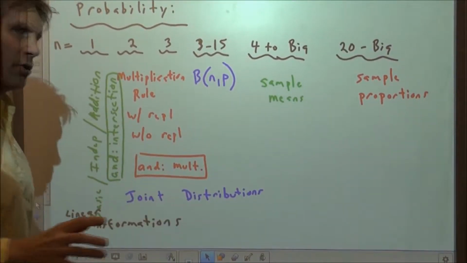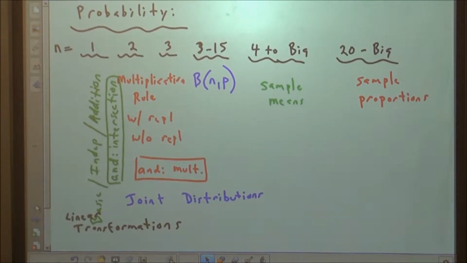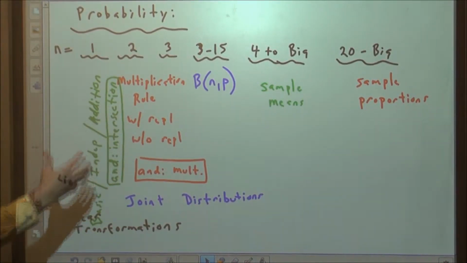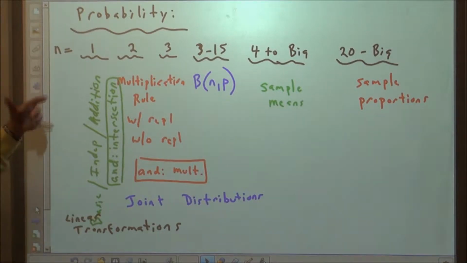We're going to talk about conditional probability. Before we do, I just want to look at some of the probability topics and which ones are most likely to be involved in a problem based on its sample size. If you're only selecting one thing, then we're looking at basic probability and whether we have independence between two events,